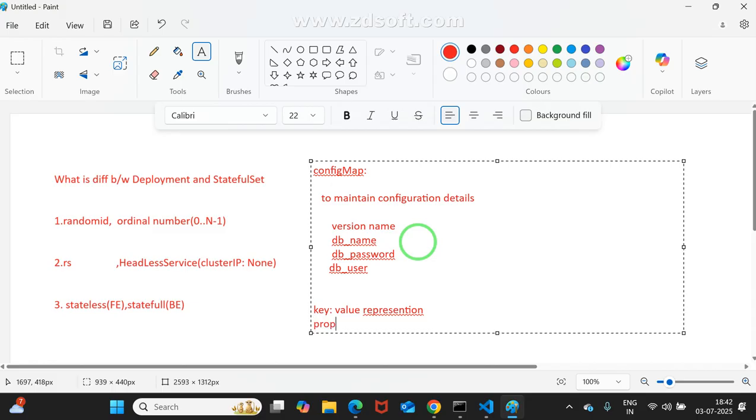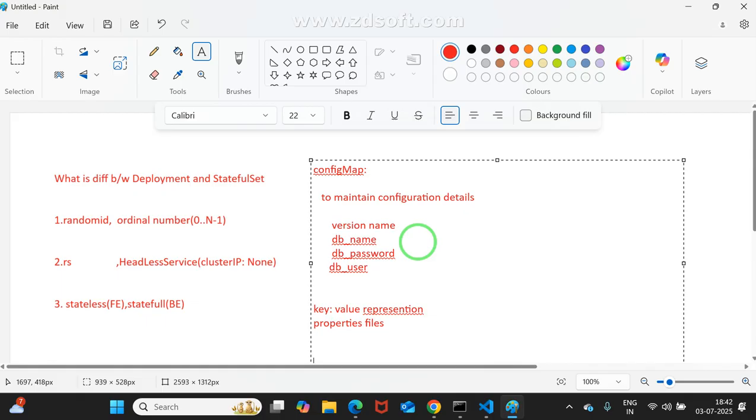I hope you know properties. What is the advantage of a properties file? We may create one separate file and configure it. If 10 key values are there, I need to type manually. If a file is there, I can directly attach that file and it will take care of all those things. Till now clear?